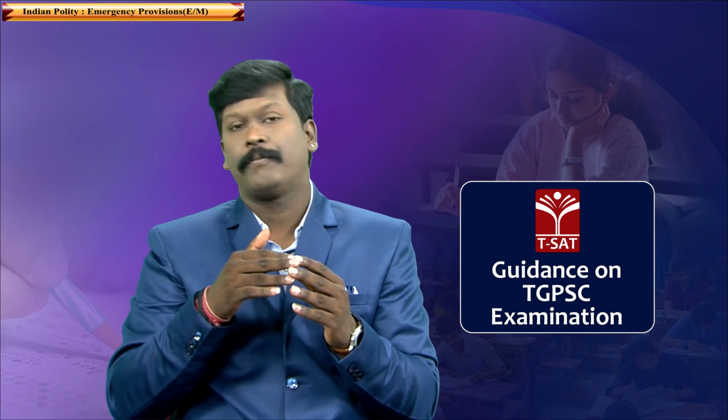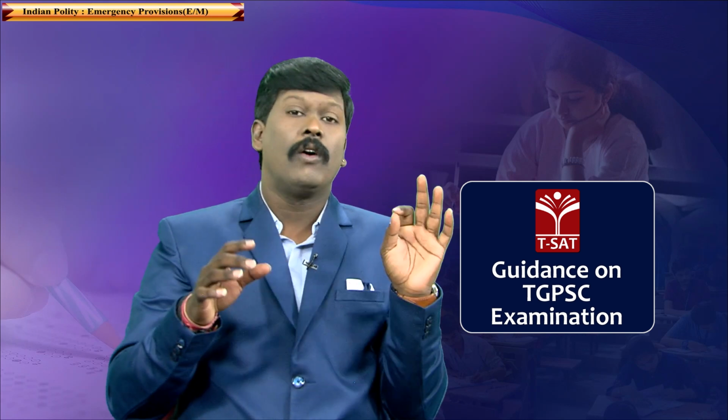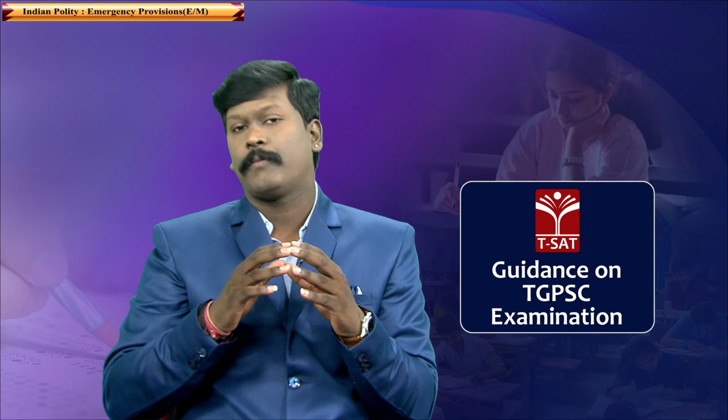Okay. Now, President has proclaimed the national emergency. Now tell me, till when it will be continued? What is the process of its continuity? Whenever the President proclaims the national emergency, for the national emergency to be continued, it has to be approved by both Lok Sabha and Rajya Sabha with a 2/3 majority. Only then it will be continued. Once Lok Sabha and Rajya Sabha approves it, the emergency continues for 6 months.